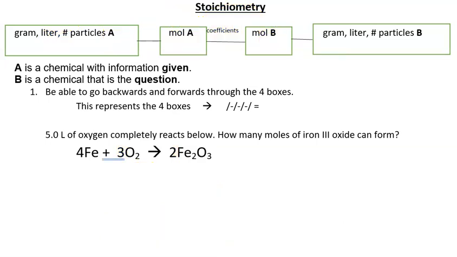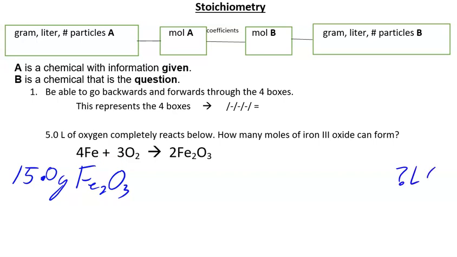Let's do a new problem using the same balanced equation. So let's say that we need to make 15 grams, 3 sig figs there, 15 grams of iron oxide. And we want to know how many liters of oxygen do we need. Now,